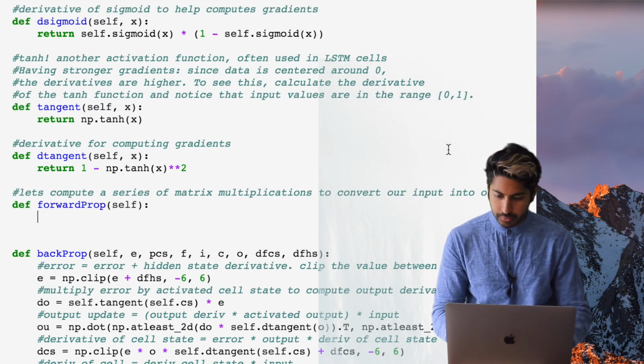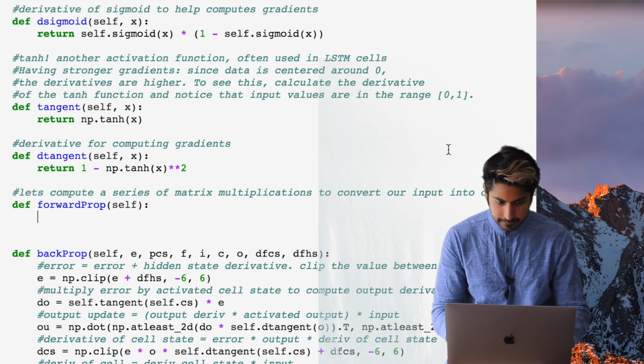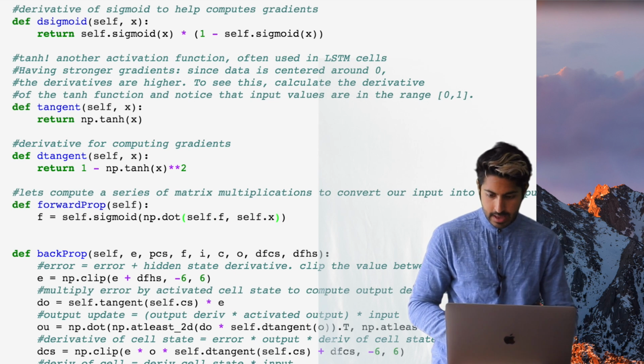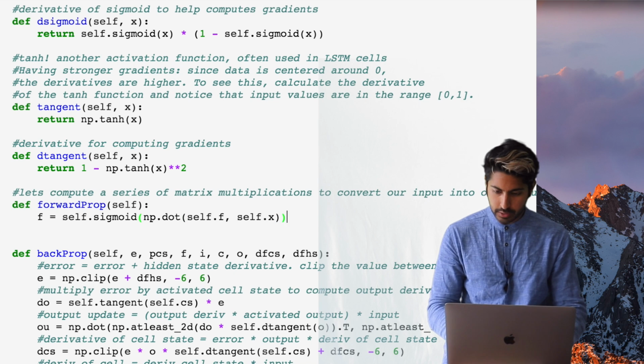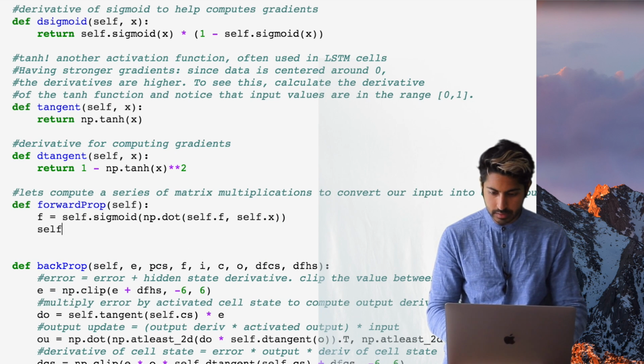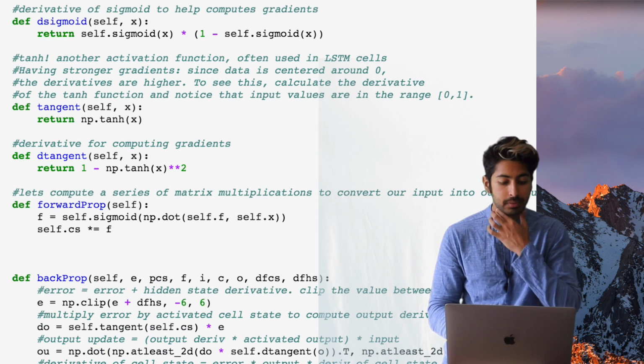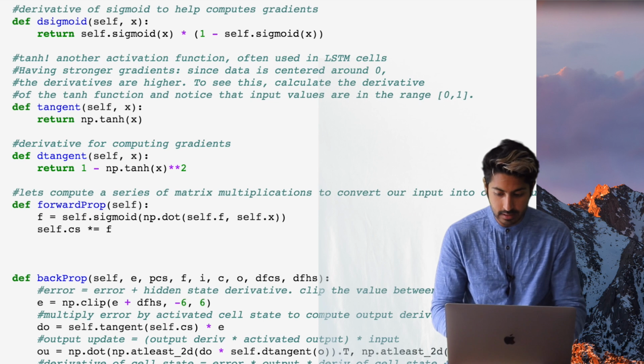Back to this. So we'll say the forget gate is going to equal the input times the forget. So we're going to activate the dot product of the forget gate and the input. Input times forget gate, and then activate. That's going to give us our forget gate, and then we're going to compute the cell state. We're going to update the cell state by multiplying it by that forget gate so it knows what to forget. And then we're going to compute the input, which is going to be, again, the activated version of